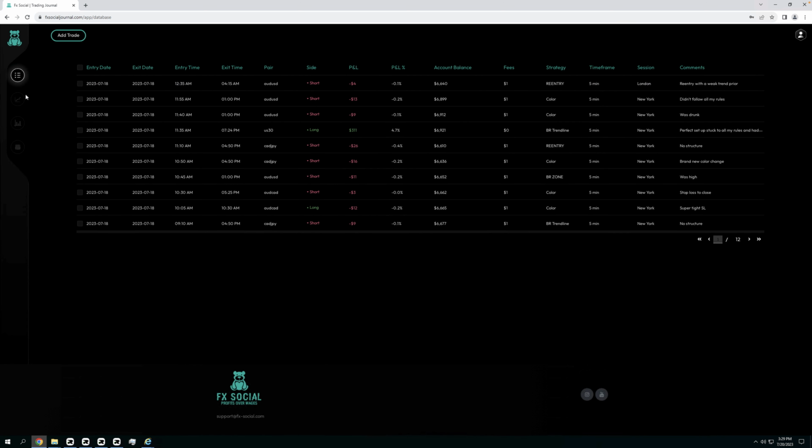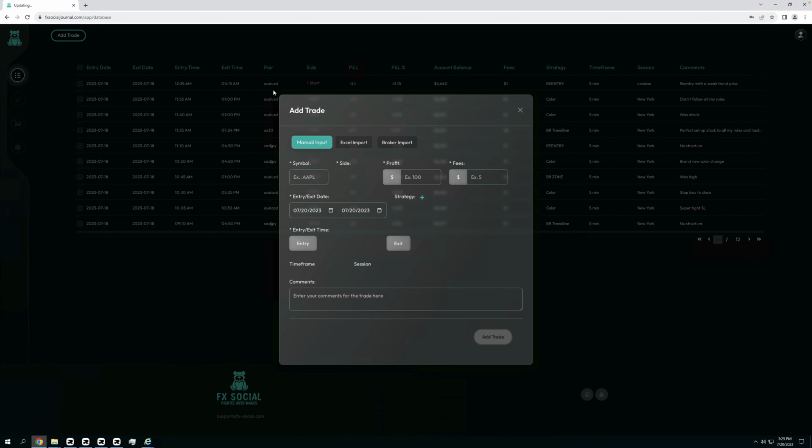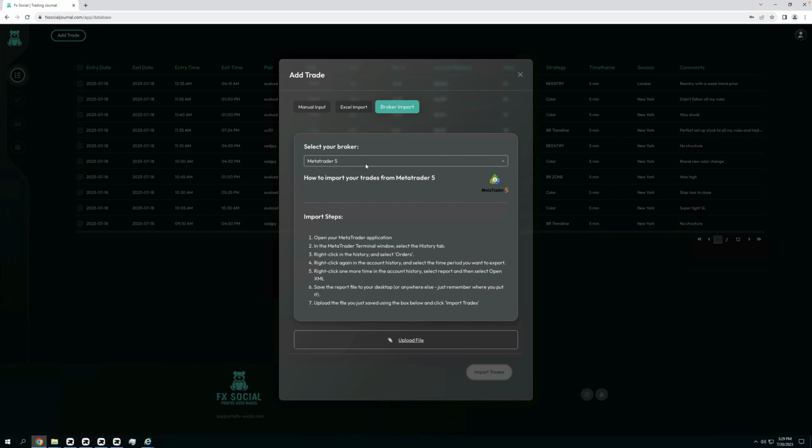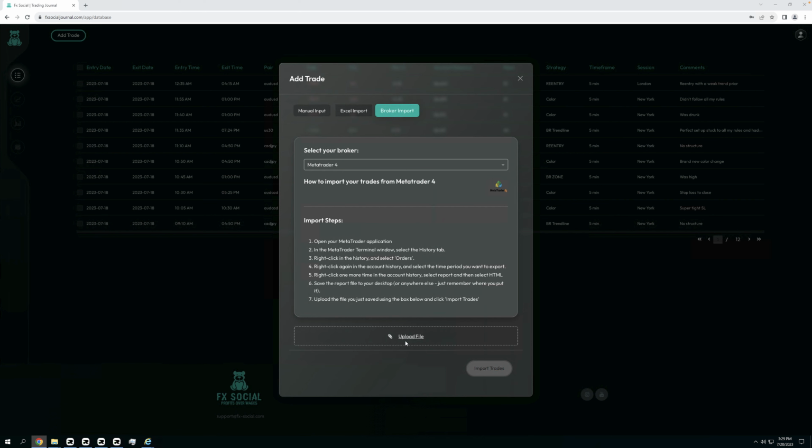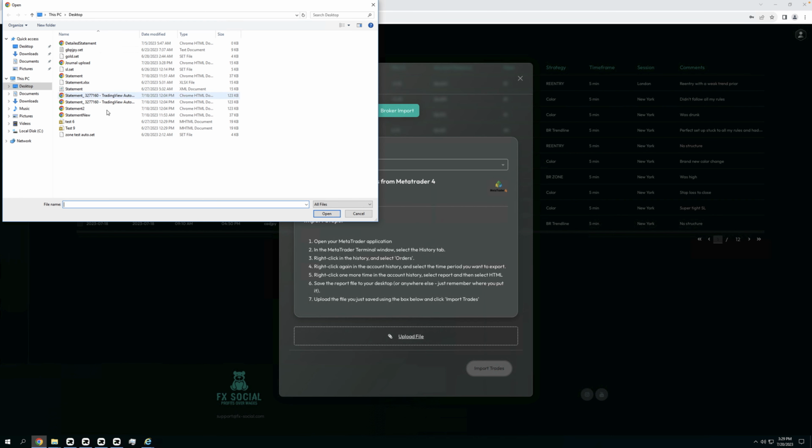So then what you do is you can just go to add trade. You can hit broker and choose which one you're doing. MT files are the difference. You can just read how to do it. It's really easy. But we're going to do MT4 for now. Upload, and you're going to go to desktop and pick